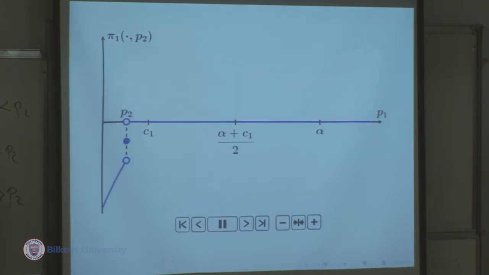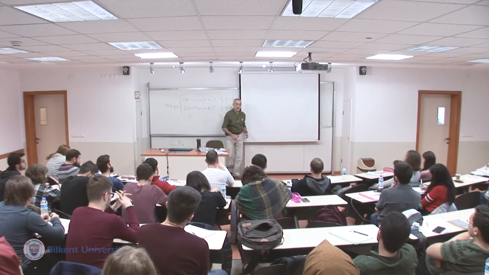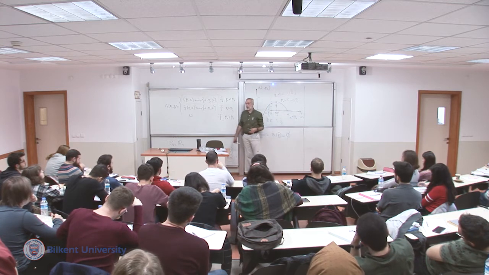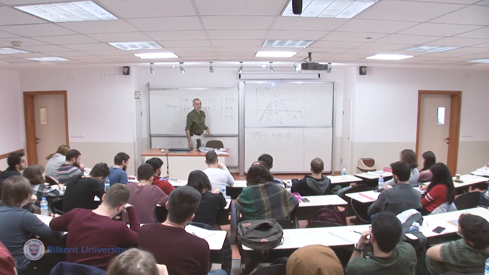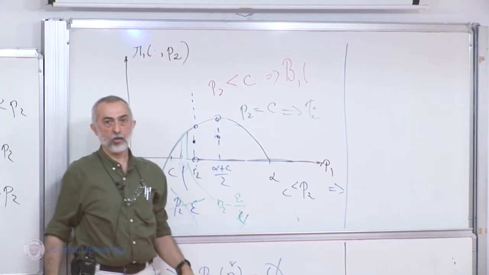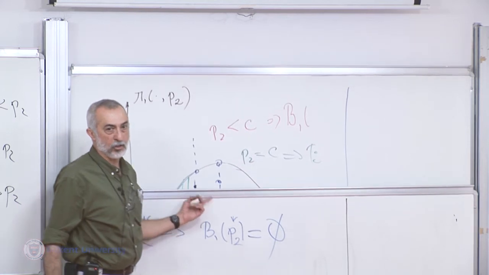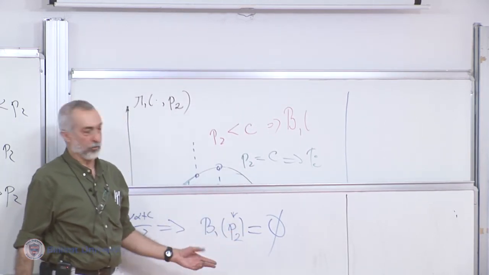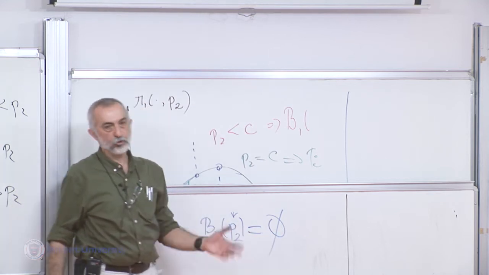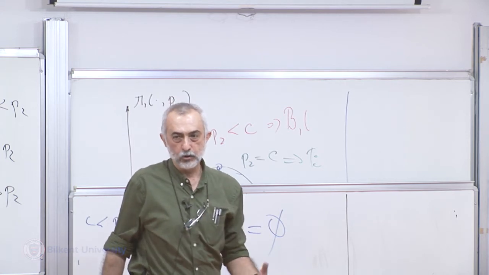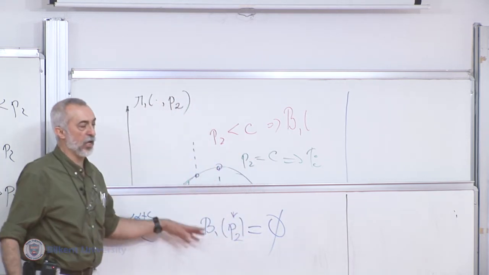So, what's next? So now we know the best responses. What would you do? Looking at the best responses, what can you say about dominant strategies? Okay, there is none, right? First of all, in order to have a dominant strategy, the intersection of the best responses should be non-empty. It can't be. So there is no dominant strategy. If there is no dominant strategy, there can't be any strictly dominant strategy. So the first 2 solution concepts, we have no hope from.